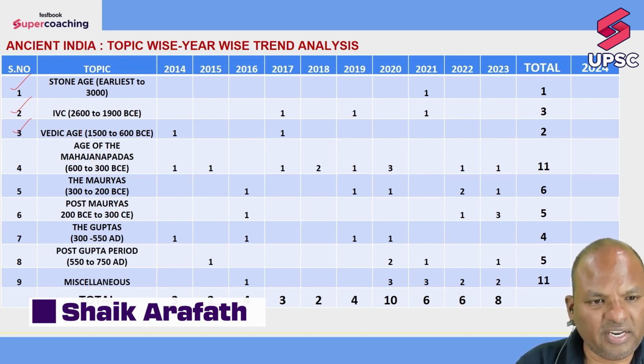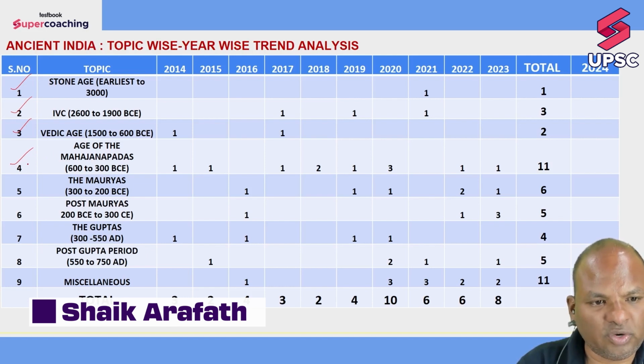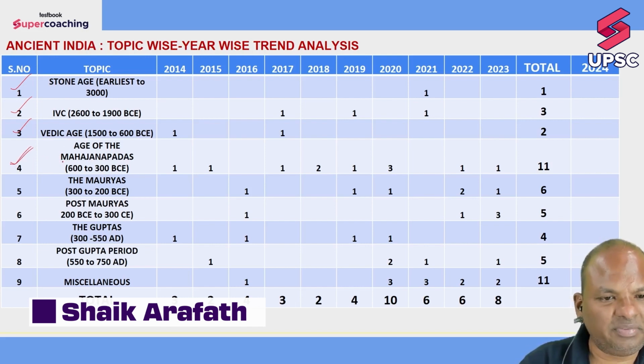So it was during this period that the Vedas were compiled. Then is the age of the Mahajanapadas. During this period, 16 large-sized kingdoms came into existence. It was also during this time period that a new set of religions began to emerge, for example, Buddhism, Jainism, Ajivika, Charvaka, etc. All of these new religions began to take birth during this time period, around 600 BC.